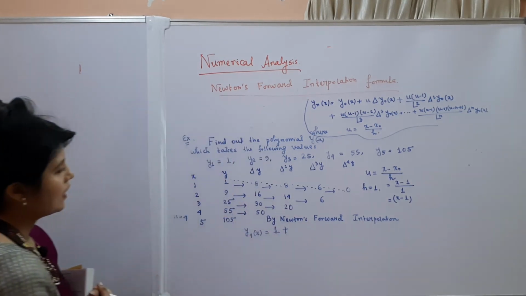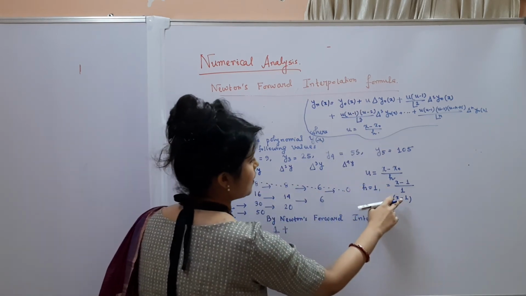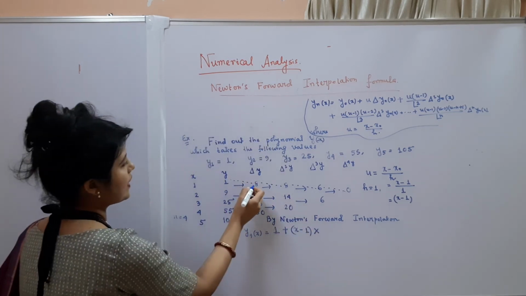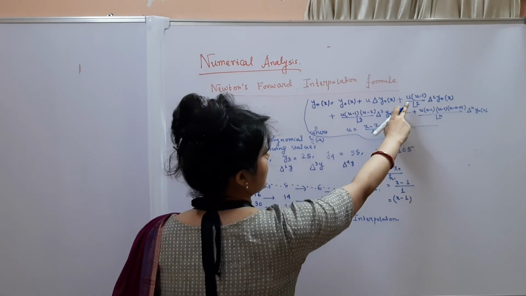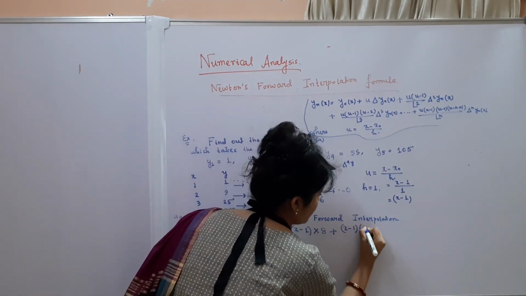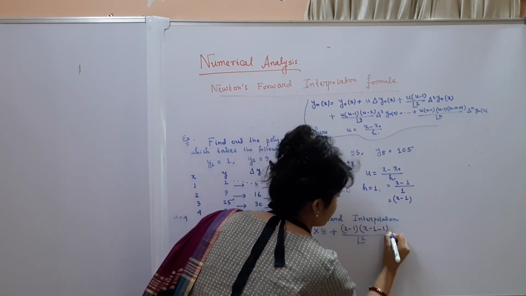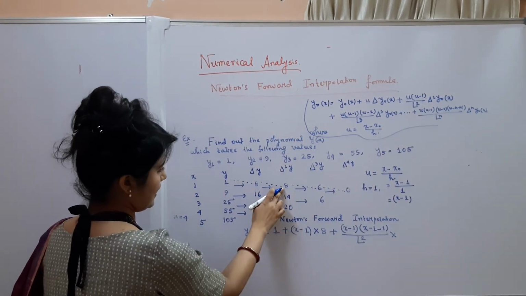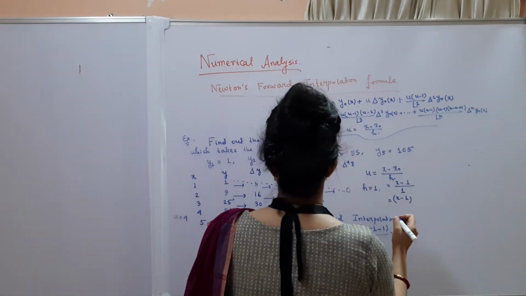plus you need u into delta y0. So what is u? u is x minus 1, and delta y0 is 8, plus you need u into u minus 1 by factorial 2, so u into u minus 1, so x minus 1 into x minus 1 minus 1, by factorial 2 into delta square y0. Delta square y0 is again 8. So 8 plus